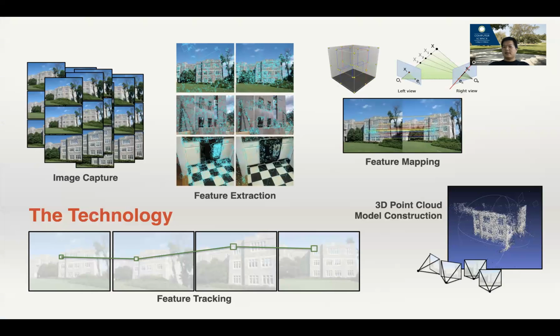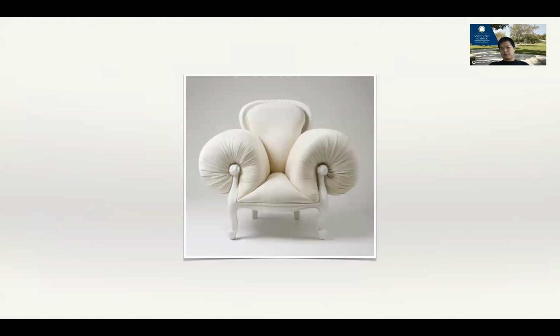Even today, it's still very, very difficult to do. There is a lot of feature extraction and feature mapping. How can you construct this 3D model from a bunch of 2D images? This is a very lightweight and easy way to build a 3D model just by taking pictures with your phone. The technology, even today, is still very competitive,